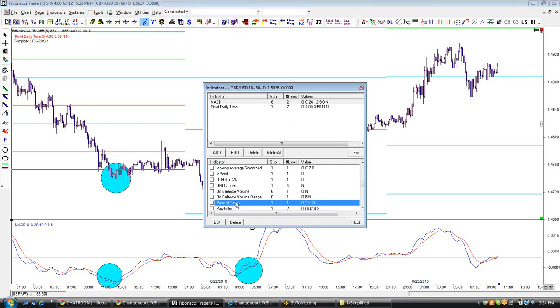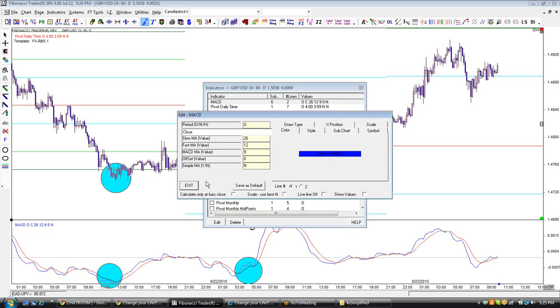Here we go to pivot, and what we use is pivot daily time. Now, there is a lot of daily pivots. Here we have just one pivot daily mid time, midpoints. What we use is pivot daily time. And the settings, if you guys are using Fibonacci Trader or a copy of it,